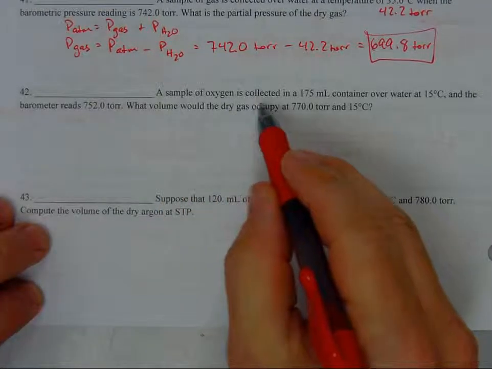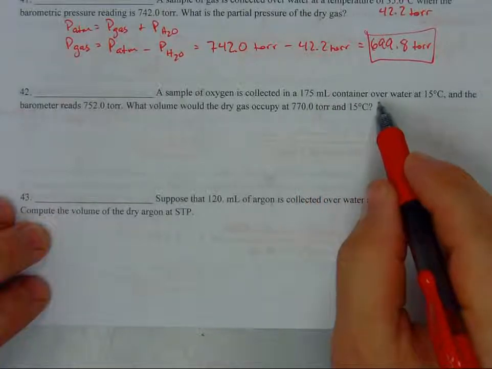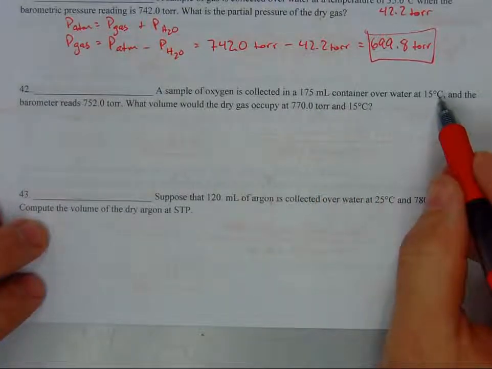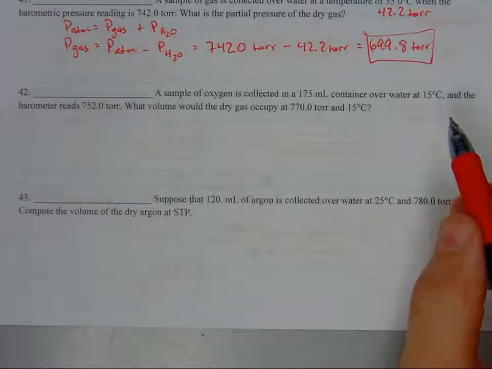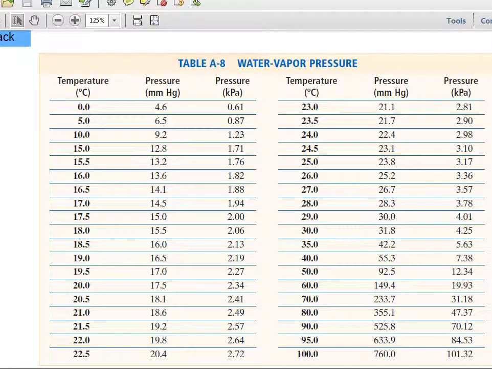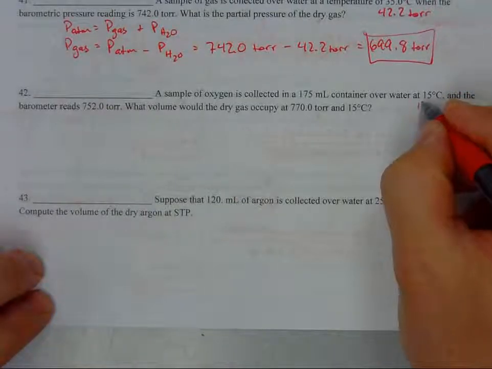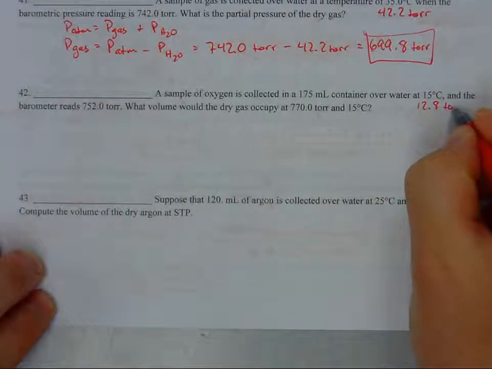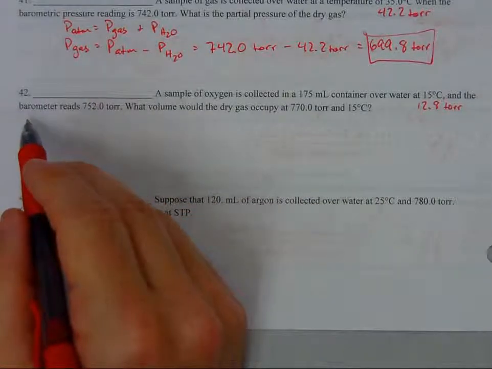So a sample of oxygen is collected in a 175 milliliter container over water at 15 degrees Celsius. So we're going to have to find out what the water pressure is at 15 degrees Celsius. So 15 degrees Celsius is 12.8 torr. And the barometer, which reads atmospheric pressure, is